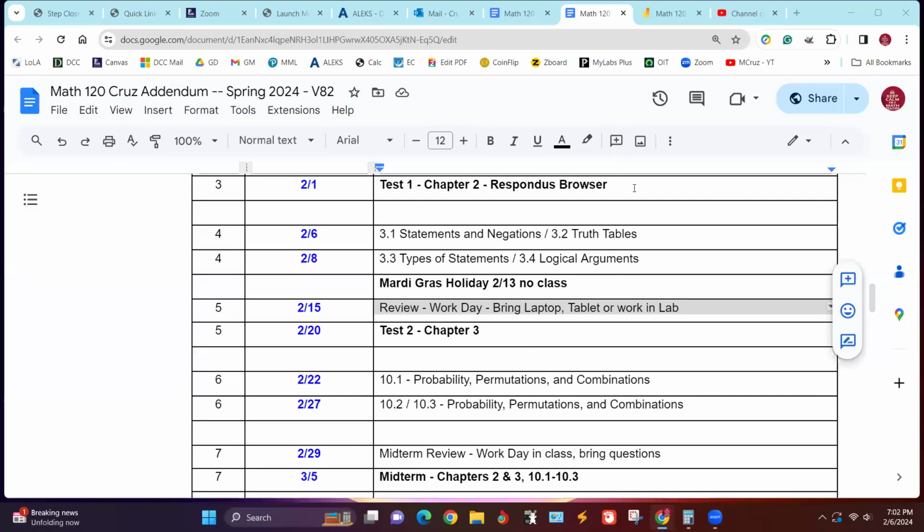So that Respondus test is going to be down here on this one, because I want to make sure we got things running, because the midterm must be on Respondus. I like the Zoom test though, because as long as I can see you, I can usually root out people that are doing something that the school disapproves of. But the department wants us to use that Respondus browser.